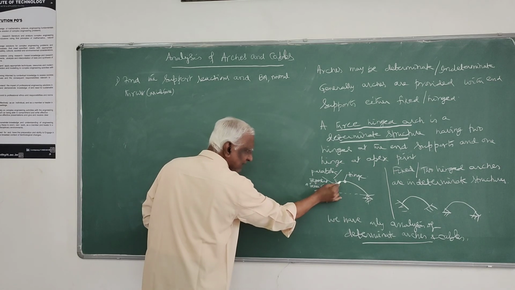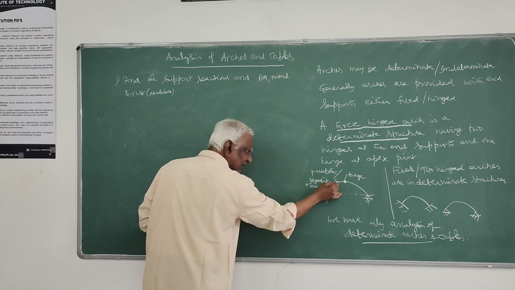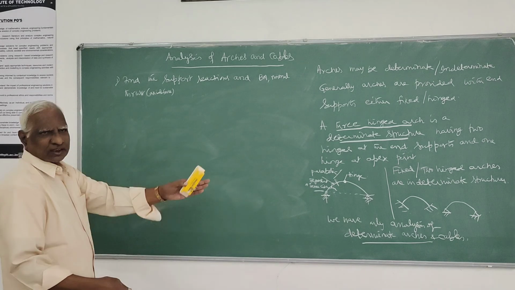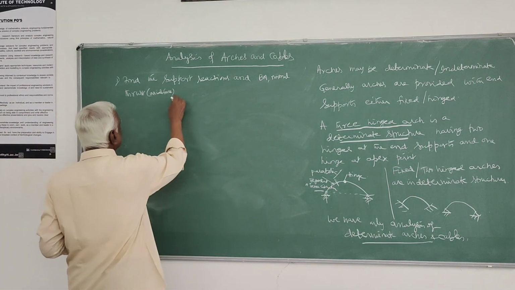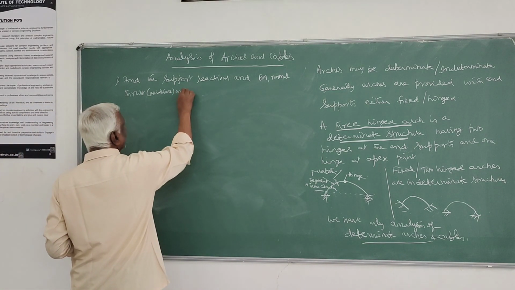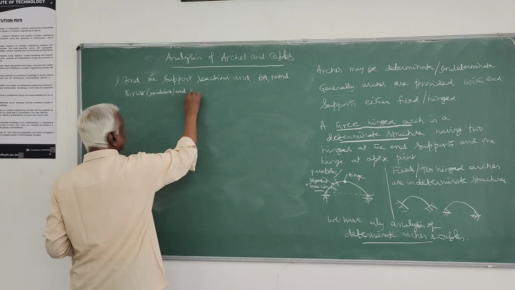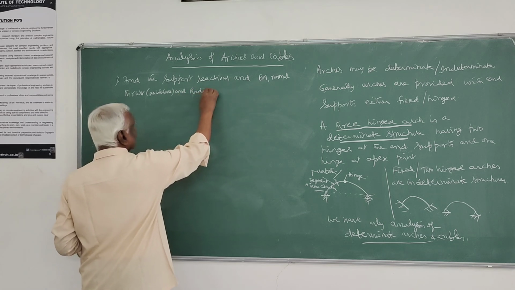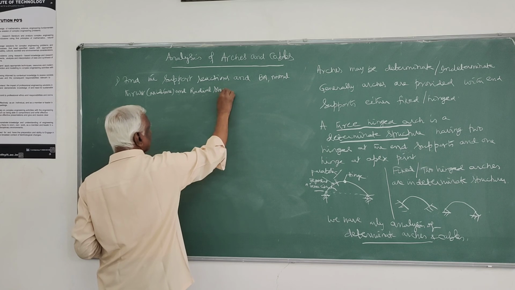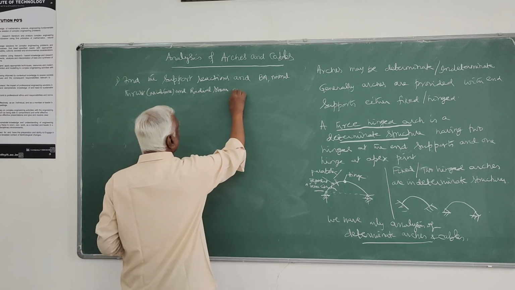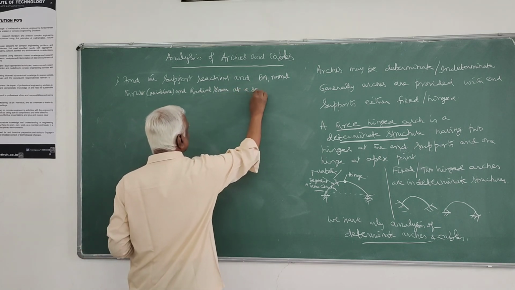So at any section along the profile, force along that axis is called normal thrust, and radial shear, that is shear force, radial shear at a section